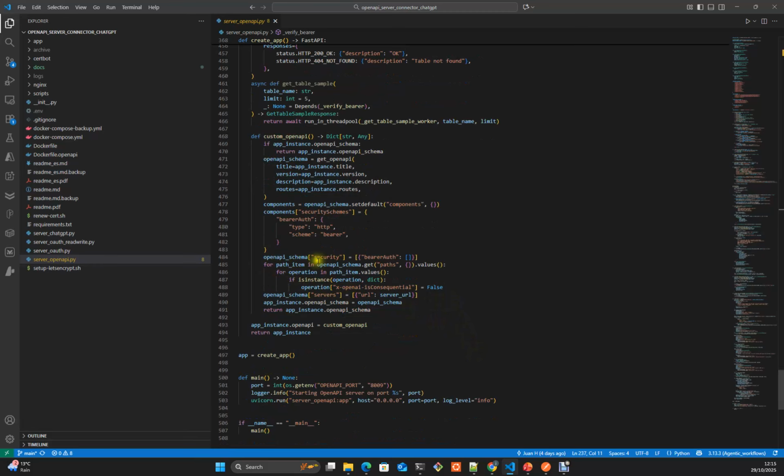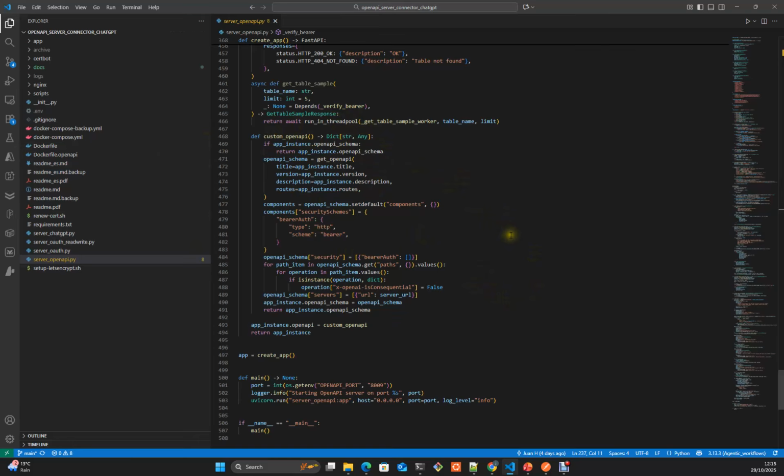And here we are creating all the components that we need to expose, and later, as you will see, we will import them into actions in our ChatGPT subscription.